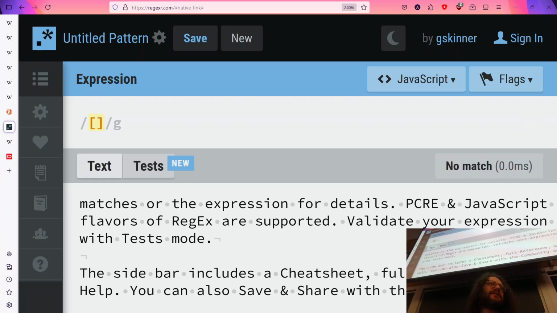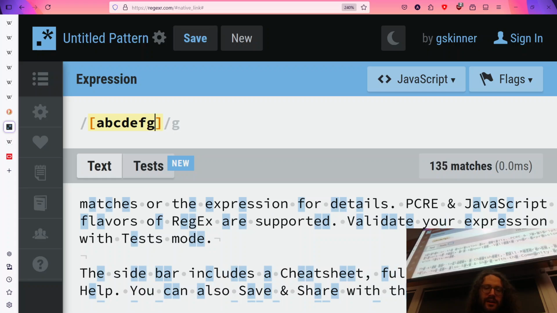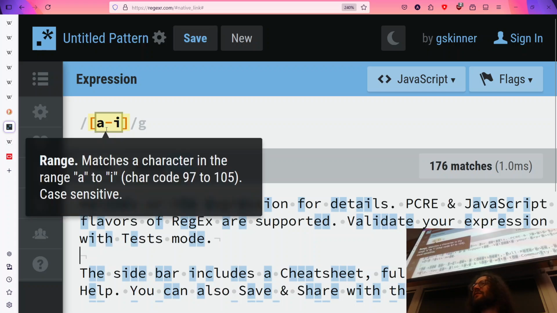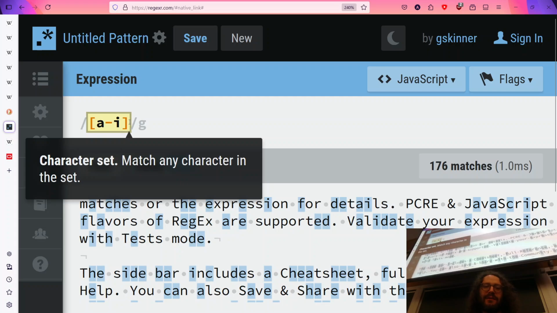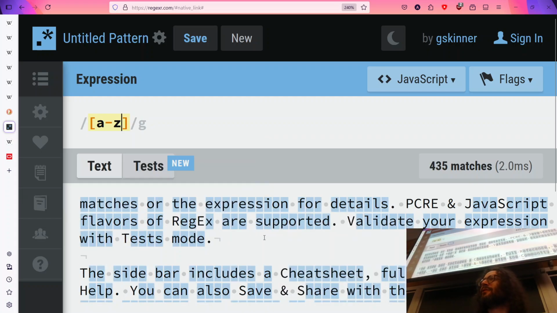You can do fun stuff with these character classes, right? A, B, C, D, E, F, G, H, I. This is all any letter A, B, C, D, E, but these are all sequential. If you want to get any letter between A and I, which is kind of useful sometimes when you're building a big, long character class, you can do that, which actually reads fairly naturally as A through I. You typically see this when you're doing something like A to Z to look for any lowercase letter, right? Make sense? So you can use these brackets to make your own custom character classes.